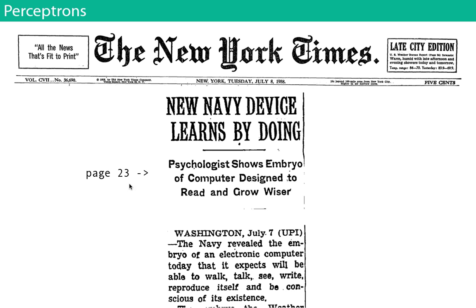Yes, very prescient words by the New York Times in 1958. And actually, Alan Turing said that by the year 2000, we'd be able to build machines that were smarter than human beings. Year 2000, which is the same year we had Y2K. Everybody remember that?